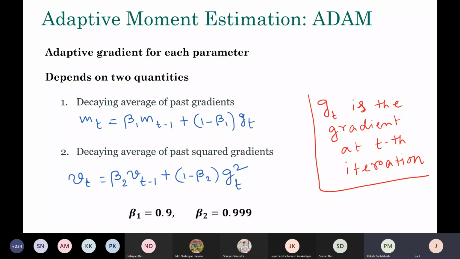Similarly, v_t is a weighted average of the past squared gradients. So what does decaying mean in this expression? Decaying in this case means that if you look at the values of beta 1 and beta 2, beta 1 is always very close to 1. So the information from the current batch that you are using is very little, but mostly you are using the information from the previous batches. In the next slide, we are going to see how we make all the decays. There is an expression for that.